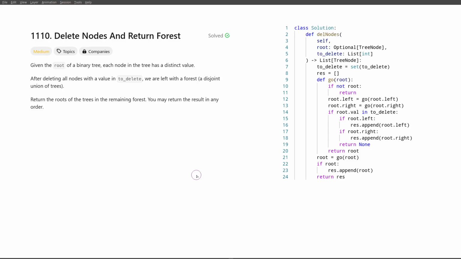Hello everyone, today we'll talk about the problem delete nodes and return forest. We're given a binary tree where each node is identified by a unique value, and we're also given a list of node values, and that list is a list of nodes that we should delete from our binary tree. Of course, after removing some nodes, our tree may, and probably will, decompose into multiple trees, into a forest, and we have to return that forest in an intuitive way, so as just a list of roots of all the